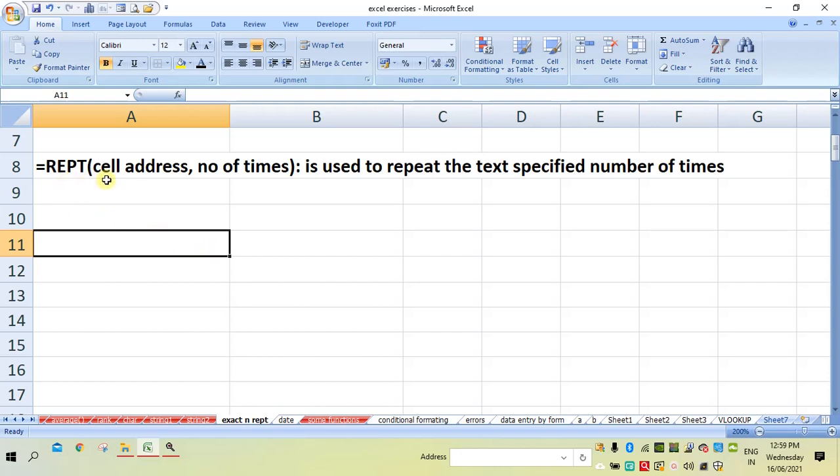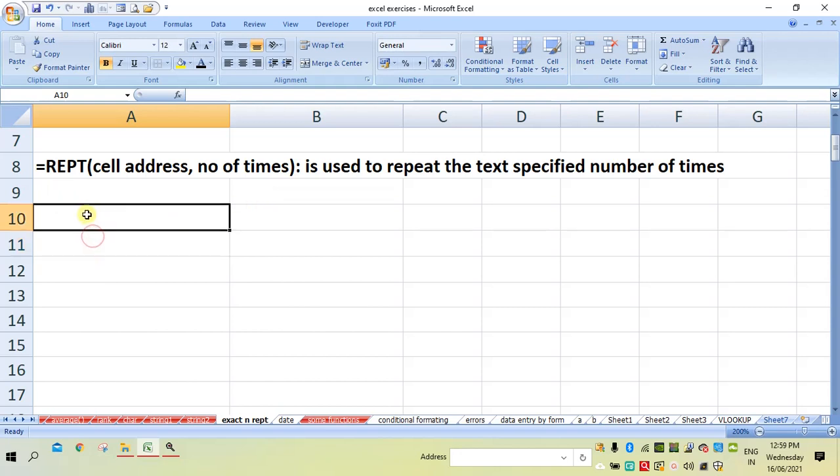REPT is a function which is used to repeat the text in another cell. Its syntax is equal to REPT, that is repeat, in brackets cell address, then comma, number of times. Let us see one example so that you can understand the function clearly.